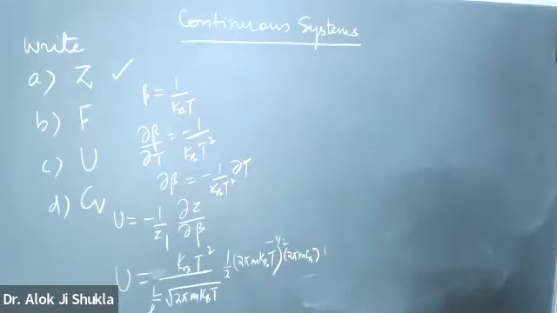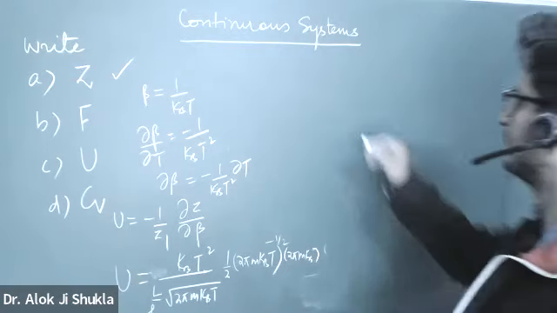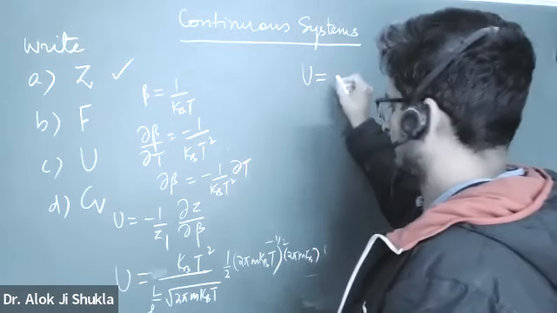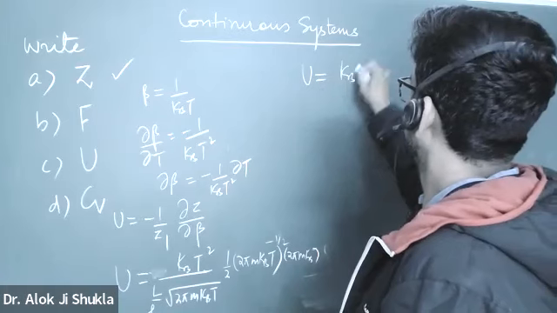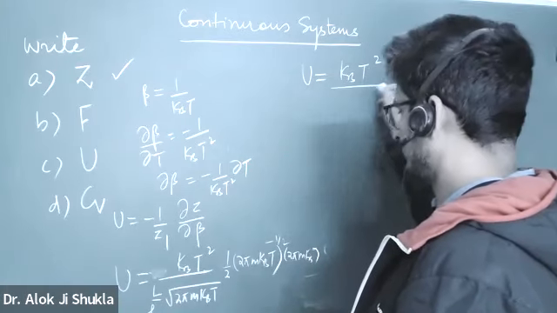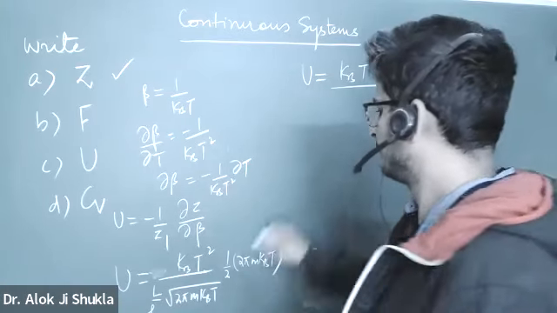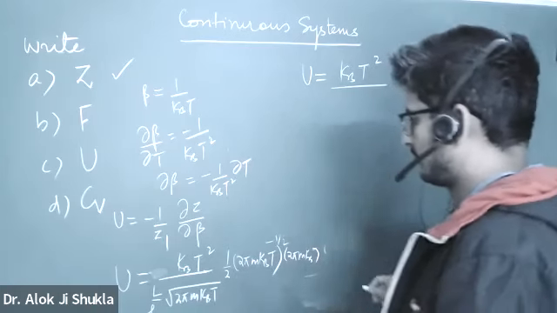Okay, so U क्या हो जाएगा? kBT स्क्वायर अपॉन, ये नीचे आ जाएगा, h by L।